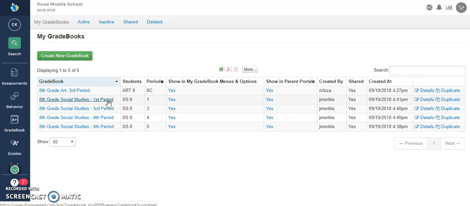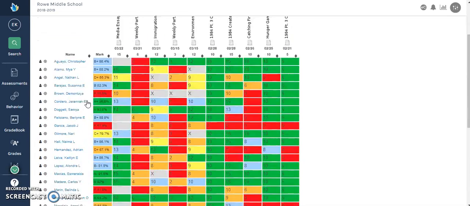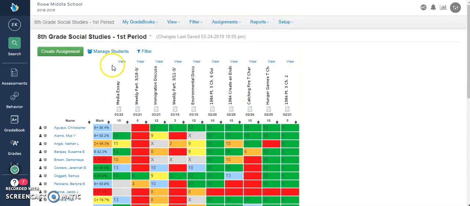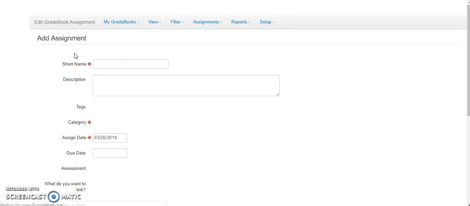Anyways, I could click on any class period I need, but today I'm going to go with first period. Once I'm in first period, you'll see the grade book and the grades of everybody with all their assignments. On the top left, I'll click on Create Assignment,